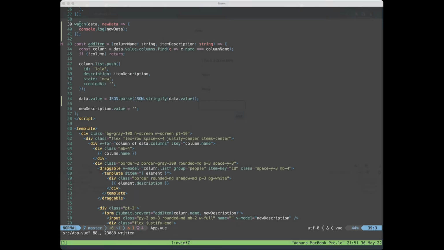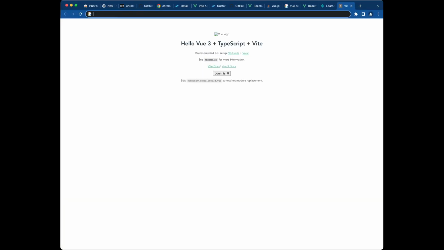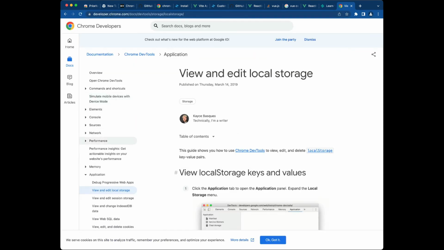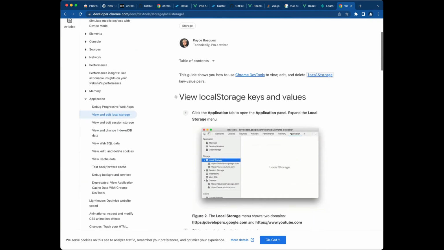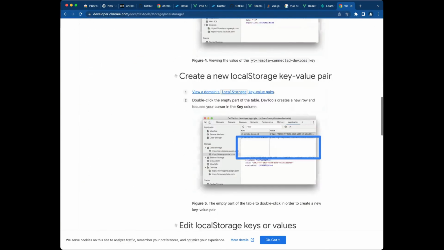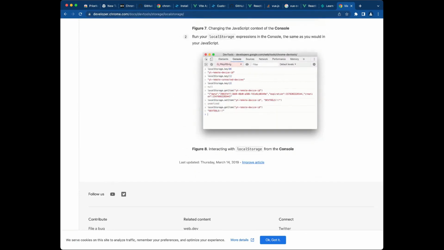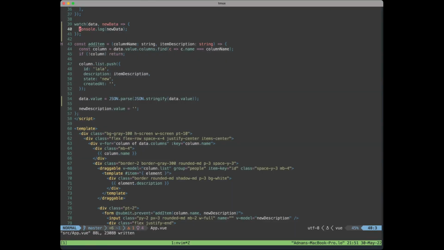And what we'll do here, what I just want to end this thing with, is to be able to store it in local storage, and then retrieve it from local storage so that when I refresh, it's accessed properly. So which means, okay, fine, every time the data is changing, I want to